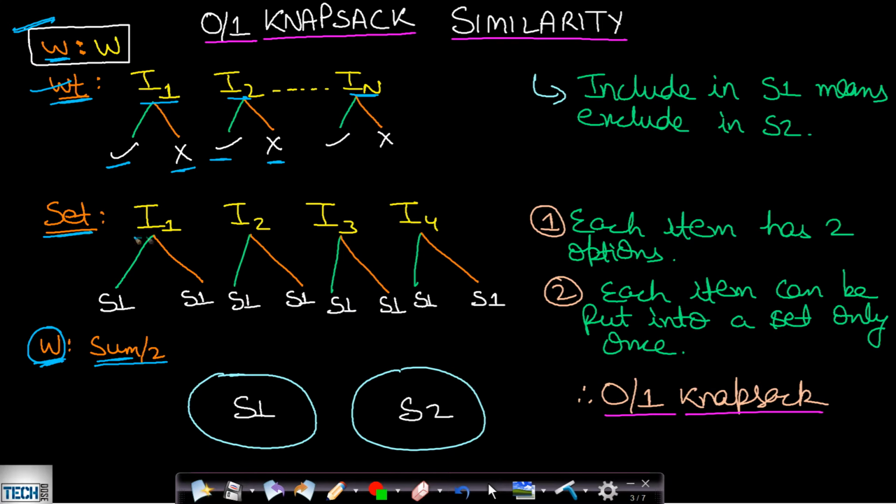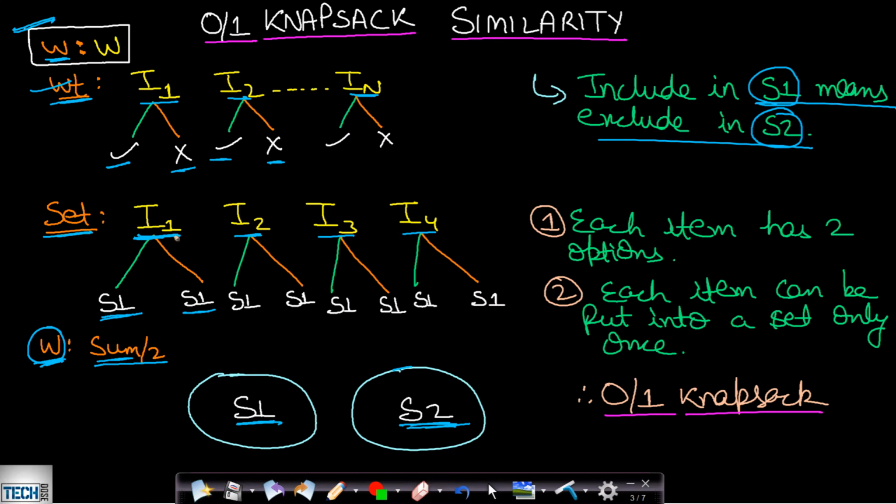Now in this case, let's say our array is having 4 elements, that is our set is having 4 elements. Then each of the elements will have two choices. Either it can be included into set 1 or it can be excluded from set 1. Now one thing to notice here is we are having just two sets, and each of these elements can either fall in set S1 or S2. They should go to at least one set, and they cannot go into two sets. So if I1 is not included in S1, then it will obviously go into S2. So here, include in S1 means exclusion from S2. Or if you are including an element in S2, then it will automatically get excluded from set S1.